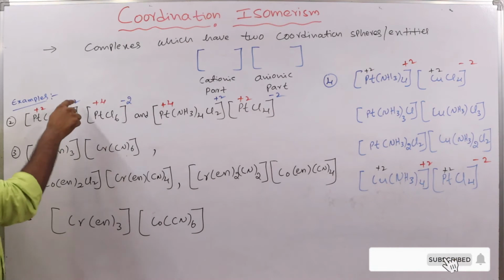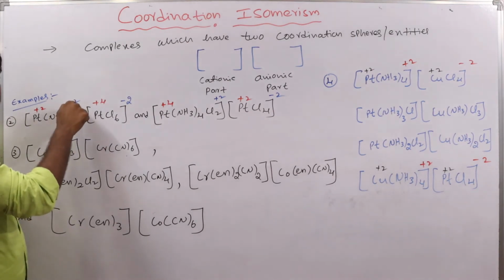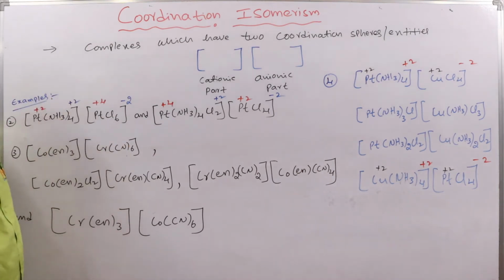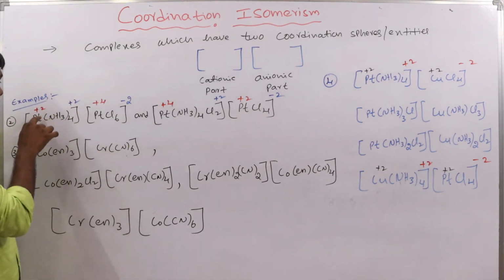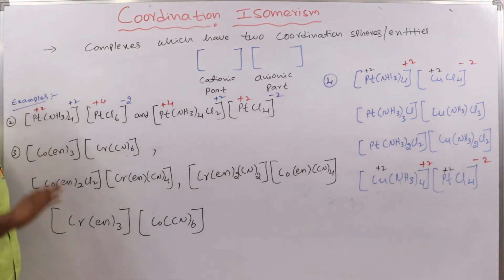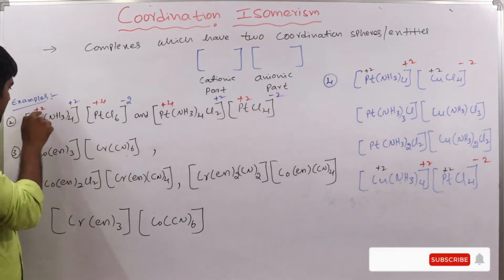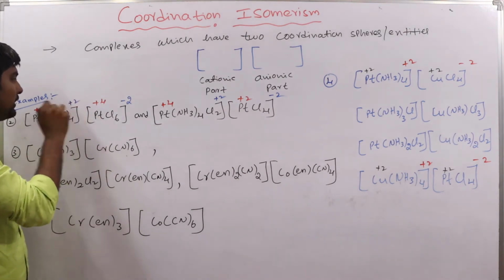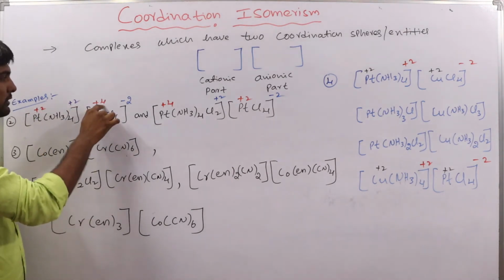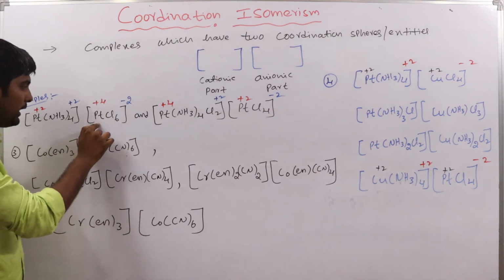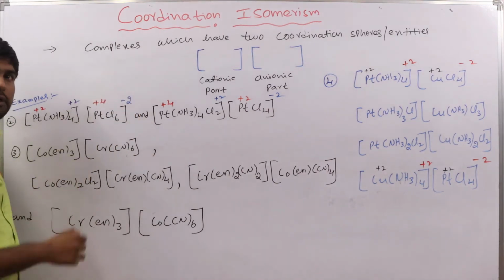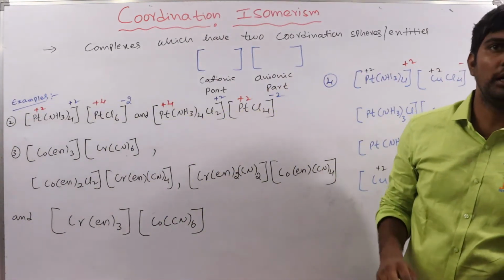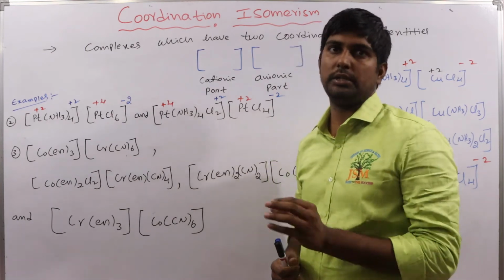See here, this blue color which I have written here is the charge present on the coordination sphere, and what is written in the red color is the oxidation number of the metal. So this is the oxidation number of the metal, don't confuse it with this one, and this is the charge present on the coordination sphere. Same here also, this is the oxidation number of the metal and this is the charge present on the coordination sphere. All these things are clearly explained in the oxidation state calculation of coordination compounds.